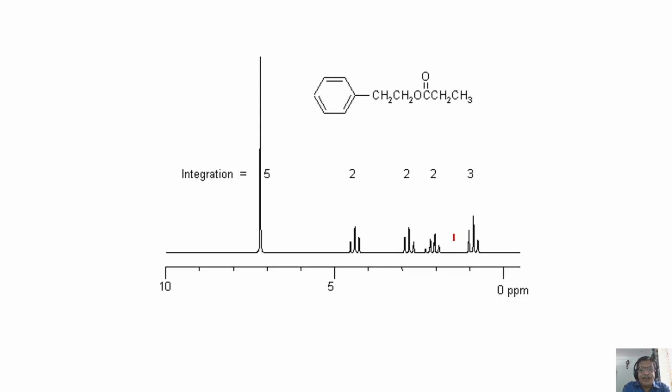Okay, this is a fairly complex spectrum compared to the previous one. Now, let us analyze this together. What is the possibility here? How many groups of protons are there? Look at it very carefully. This is CH3, one proton. This is one, they are chemically inequivalent. And in between C double bond O and O, there is a break, and this will not couple to this. There is another proton here, another proton here, and we have a phenyl group. So 1, 2, 3, 4, 5 groups of peaks are there. Count. Yeah, 1, 2, 3, 4, 5 groups of peaks are there.